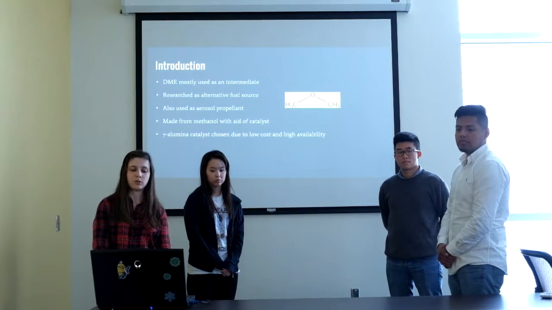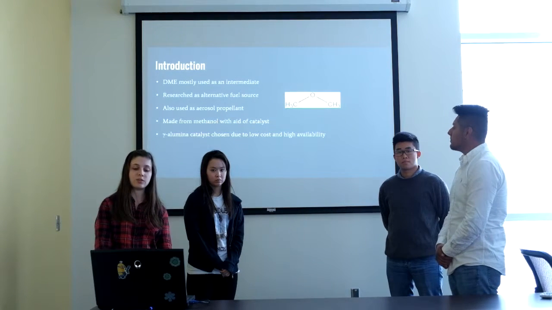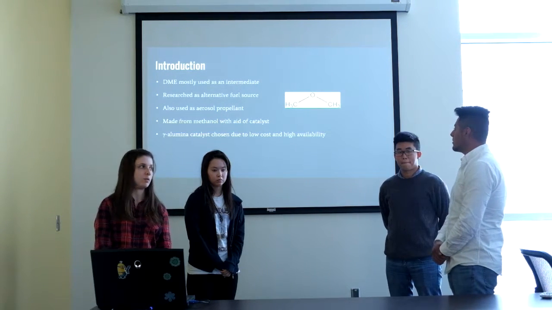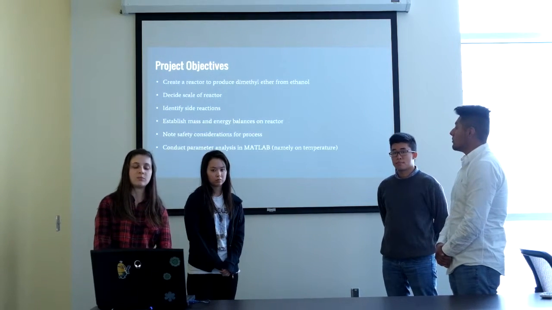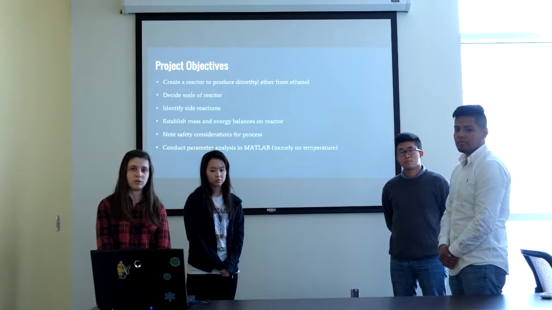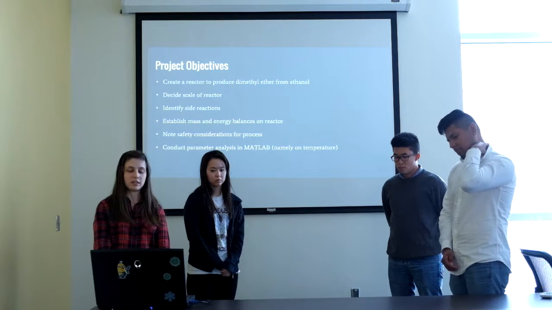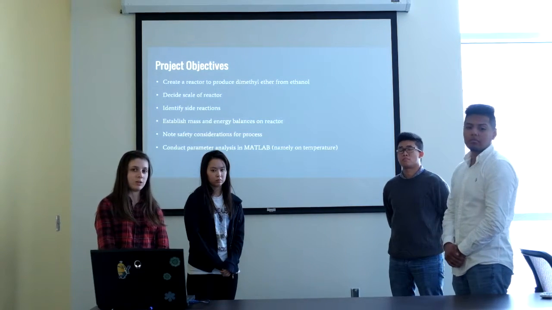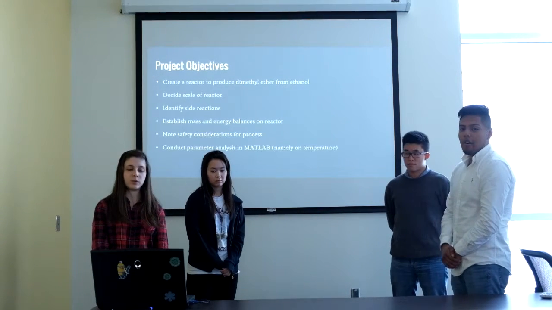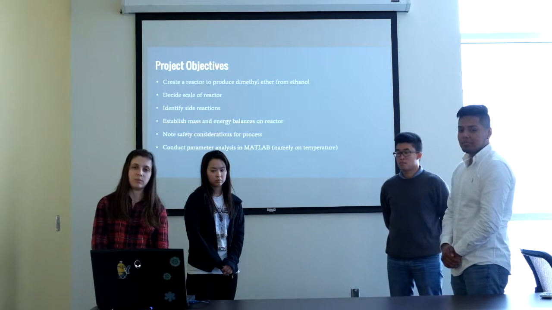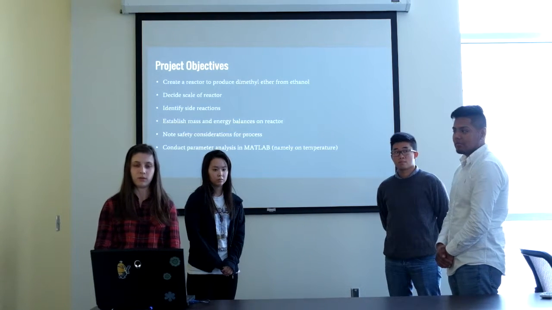The catalyst that we chose for this reaction was the gamma alumina catalyst, chosen due to the low cost and high availability, which we'll talk about a little bit more later on. Some of the project objectives were to create a reactor that would produce dimethyl ether from methanol, decide the scale of the reactor, identify any side reactions, establish the mass and energy balances for this reaction, note any safety considerations, and also we conducted a parameter analysis, mostly on temperature, and also to try and figure out some of our other parameters that we may not